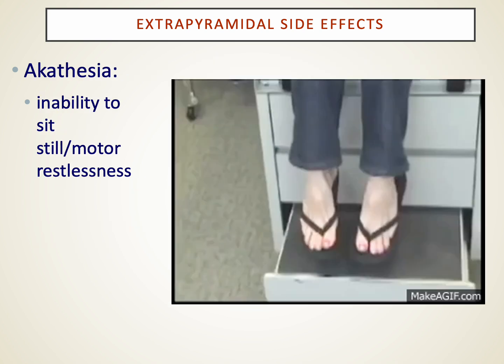The second extrapyramidal side effect that you may see is called akathisia, or inability to sit still with a lot of motor restlessness. Patients may do a lot of toe tapping, jiggling around, rocking back and forth, feeling like they can't sit still. Sometimes people feel like their skin is crawling. And it looks like they're agitated, and your instinct for a patient who, for example, has delirium or psychosis where you're giving Haldol, your first instinct might be, hey, they're restless. I need to give them a little more of the antipsychotic, which, if it's akathisia, will only make things worse,